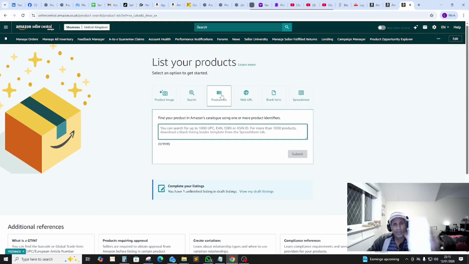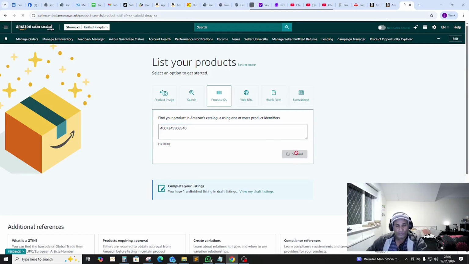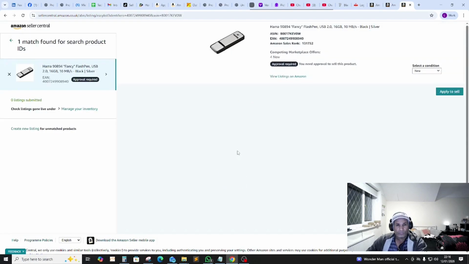The product I'm holding in my hand, this USB, has a barcode on the back. So if I enter this barcode into the Amazon system, let's see what happens. So here we go.